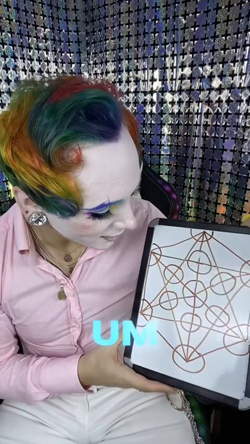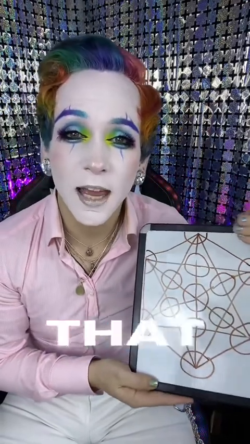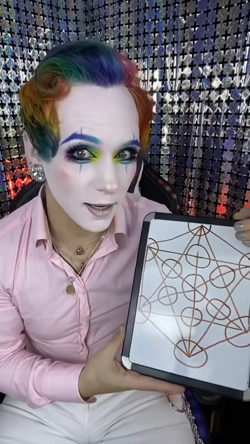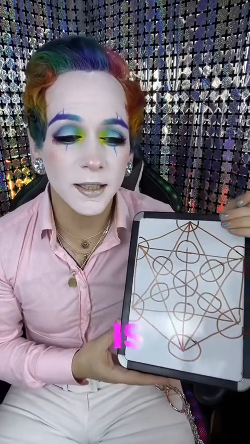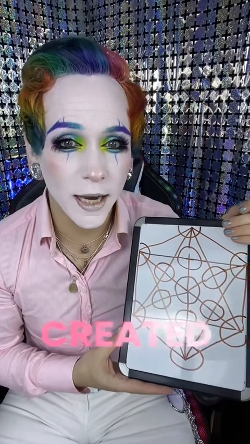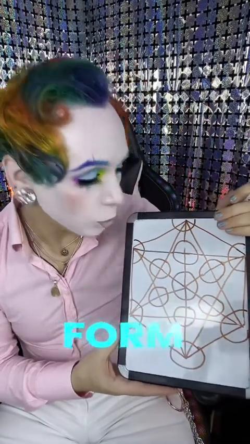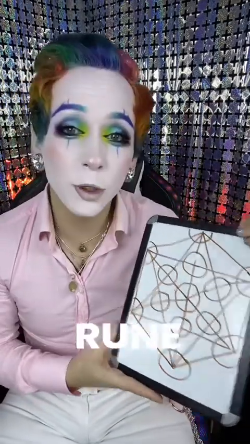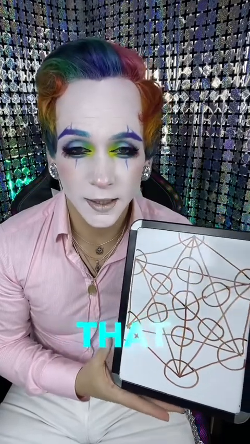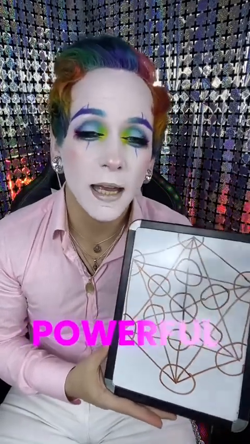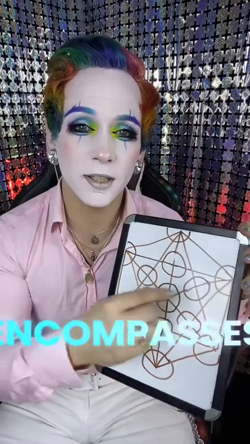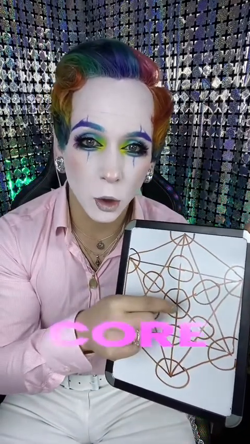Now, in the center of this, any seasoned practitioner will tell you exactly what that is. That is what we call the Mother Rune. Aha! What is the Mother Rune? It is the rune in which all runes are also created. So like the Star of David is a form of the Hebrew, like a geometrical representation of the language itself, so is the Mother Rune. And so this is why rune magic, or Celtic magic that involves runes, is so powerful in the 3D, because it encompasses all the energy of reality at its core.